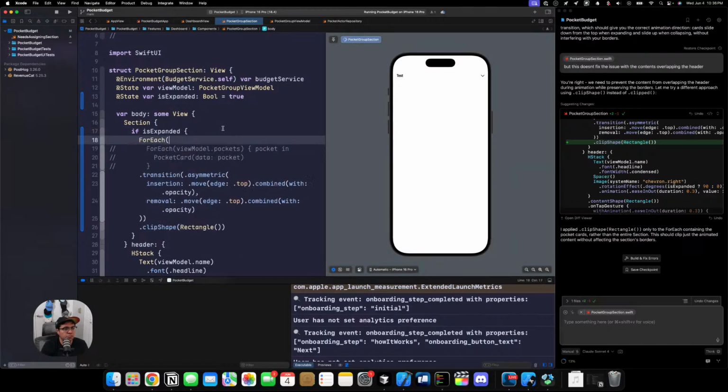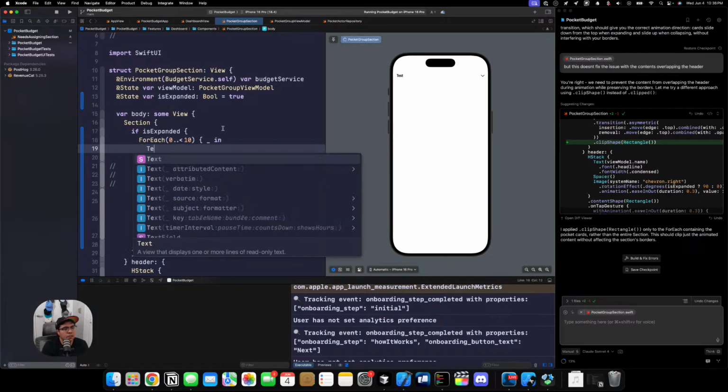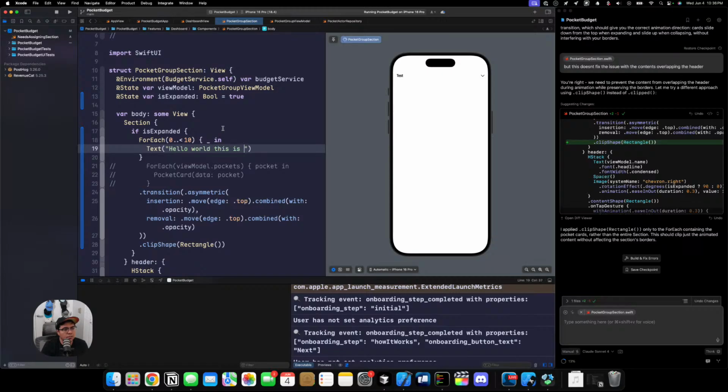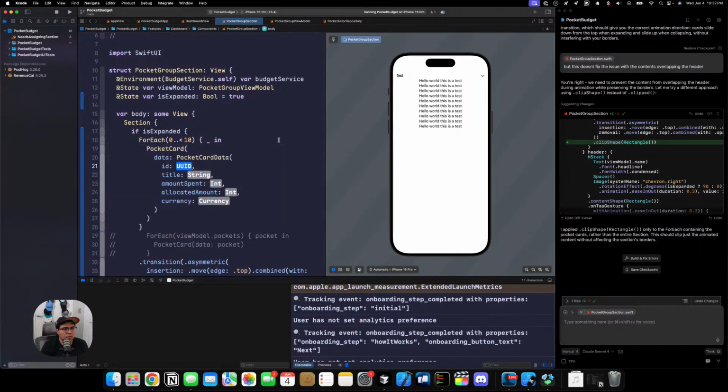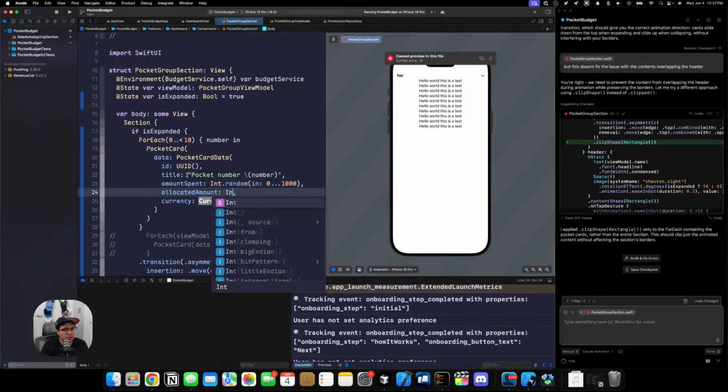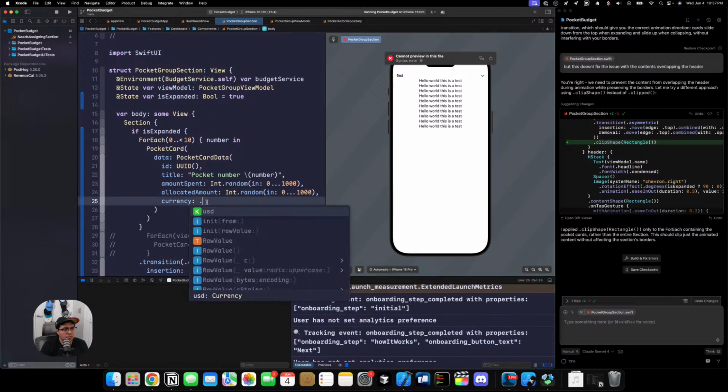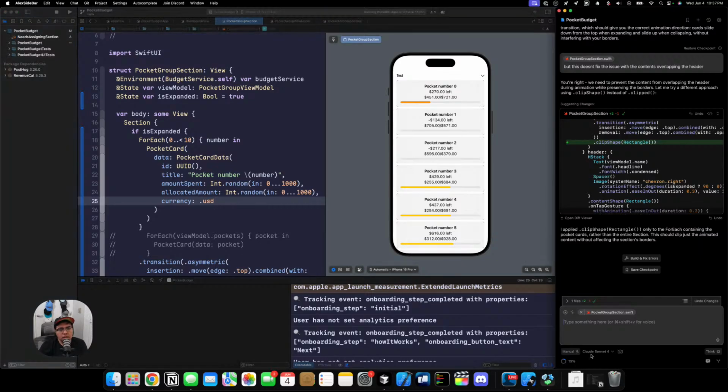So let's do a ForEach, 0 to less than 100. We'll just do 10. And text. Oh, we can actually just do a pocket card. Pocket number, Int.random 0 to 100, Int.random 0 to 100,000, USD. Enough. Okay, this caused